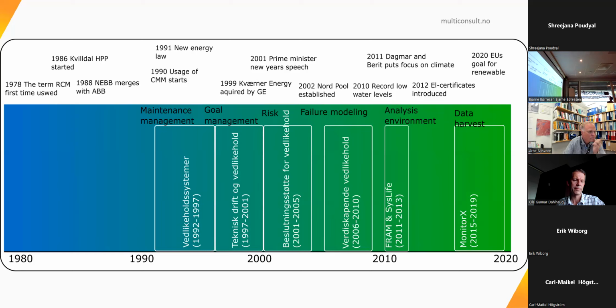And we did this together with Sintef, in particular, Eivind Solvang and myself, and we tried to look at some of the research projects that had been going on within the business and within the hydropower industry. Starting back, this started very closely tied into the launch of the new energy law, which really marked the change from a very regulated power business to a much more market-based